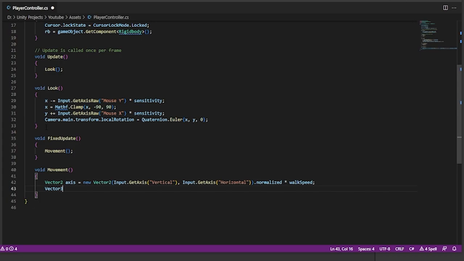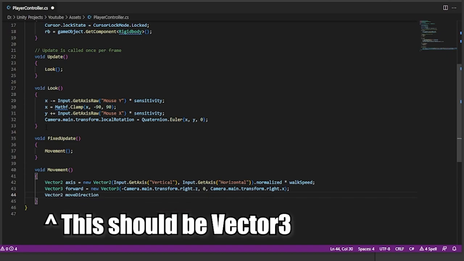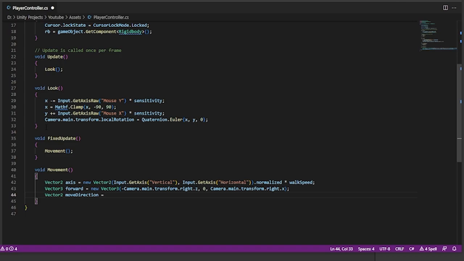And then we want to make sure that the player is always moving forward. So we'll go ahead, new Vector3. This is just whenever we apply the forces, we'll get transform.right, 0. Then we'll get the... So this is basically just where we're looking. So it's going to be forward, relative to the player. So that'll be forward, and then we want to get our move direction from this, which has a lot of complicated math. So this will just be the forward variable that we just created times x-axis plus